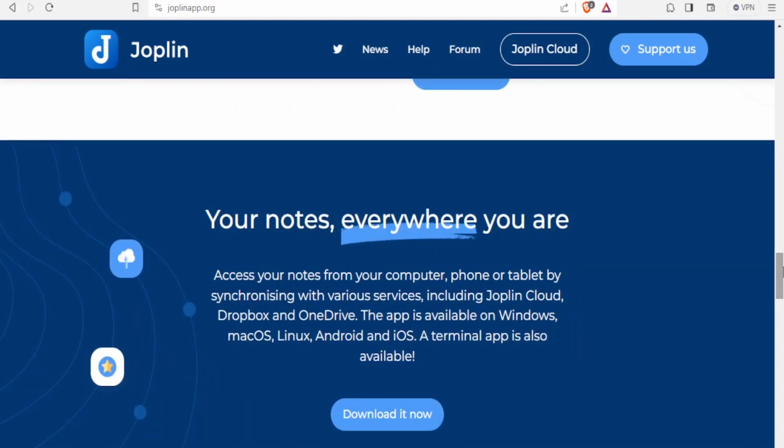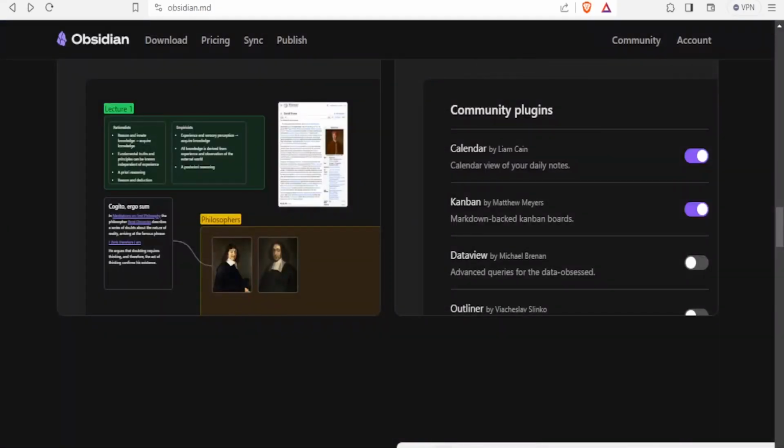Now with Joplin, you can access your notes from your computer, from your phone or tablet by synchronizing with various services, including Joplin Cloud, Dropbox, and OneDrive. This means you can have your notes on Dropbox, but you still access them from Joplin. So when it comes to access in Obsidian,